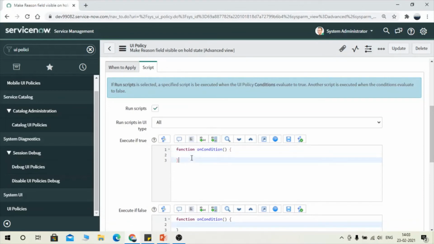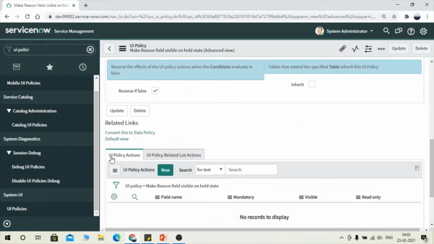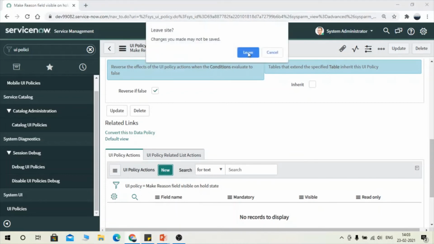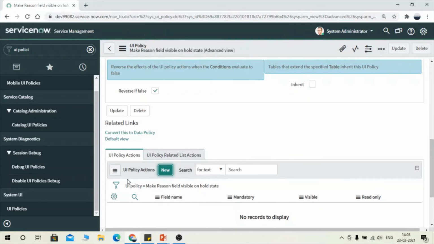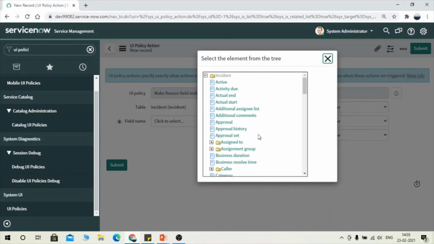You can change some of the values of fields on the form. You can make a field mandatory by using script, as well as, I mean, the basic things can be done by using UI policy action. So for our use case, we can use UI policy action. So we'll not create any script, we'll simply use our UI policy action.